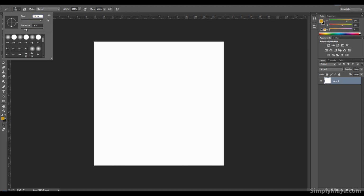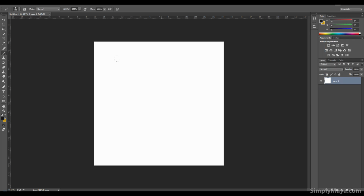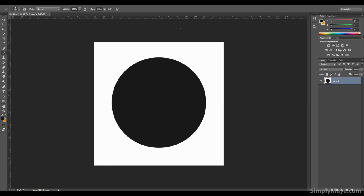So around 750 pixels with maximum hardness, and I'm going to use black, although I don't really like to use a solid black, more of a very dark grey. Let's just get that somewhat in the middle and plonk that down. Now that will form the basis of our eye, but it doesn't look very 3D,